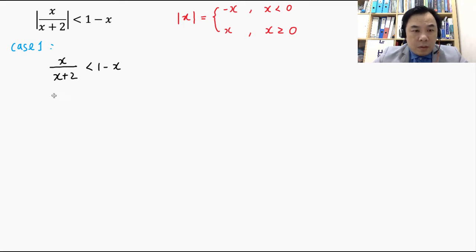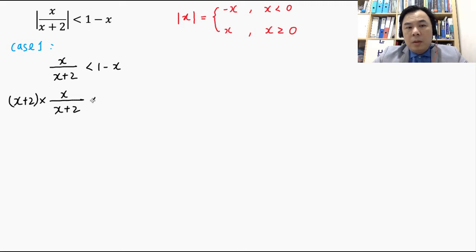I'm going to show you step by step. Multiply both sides by x plus 2, just to get rid of this x plus 2 here. And then from here,